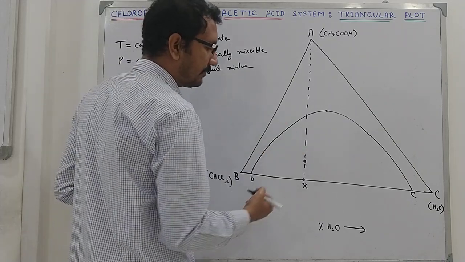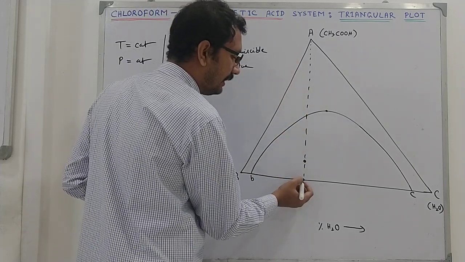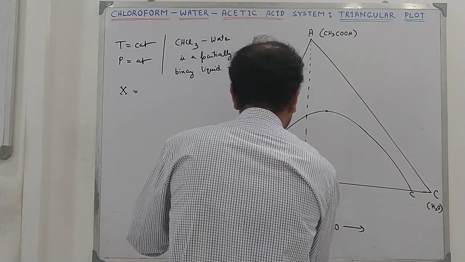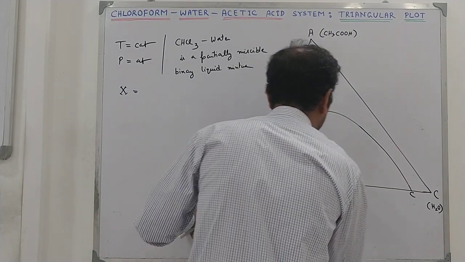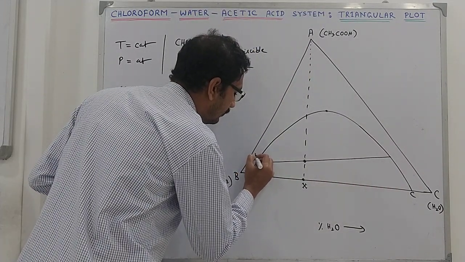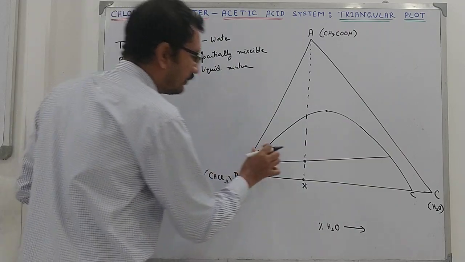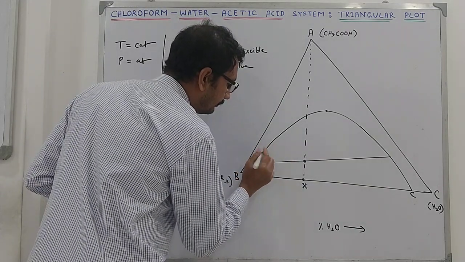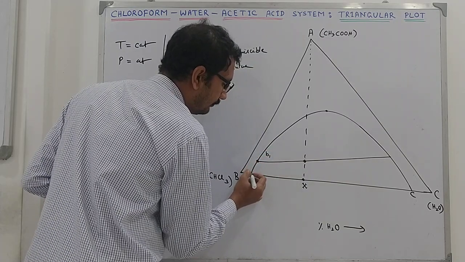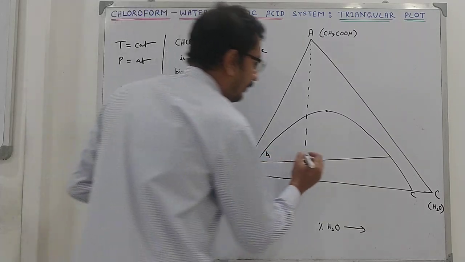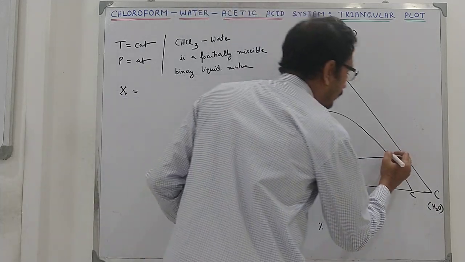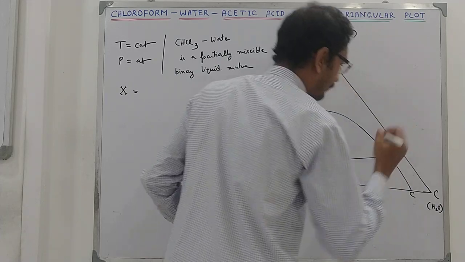I am not having a step jump. When we gradually add A, we will gradually move along this direction. Now we will get a tie line that will look like this. So this is B prime, or say B1. This point is B1, this is B, and here we refer to it as X1, and this point we refer to as C1.